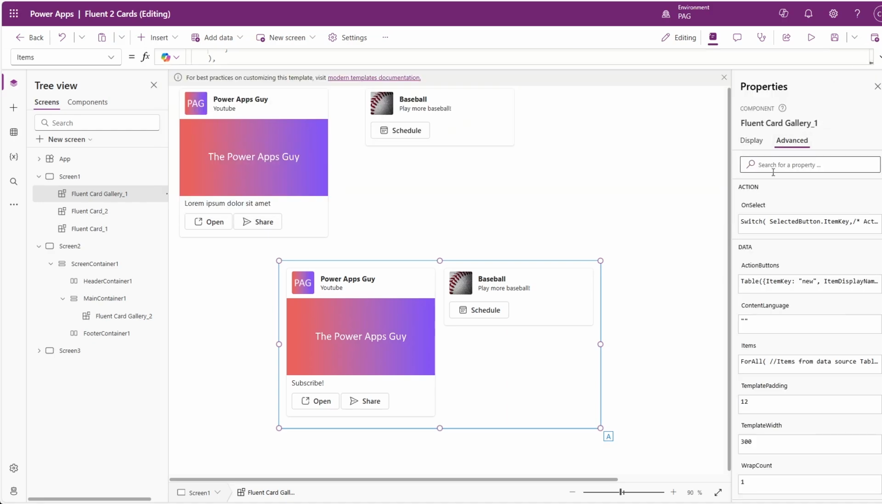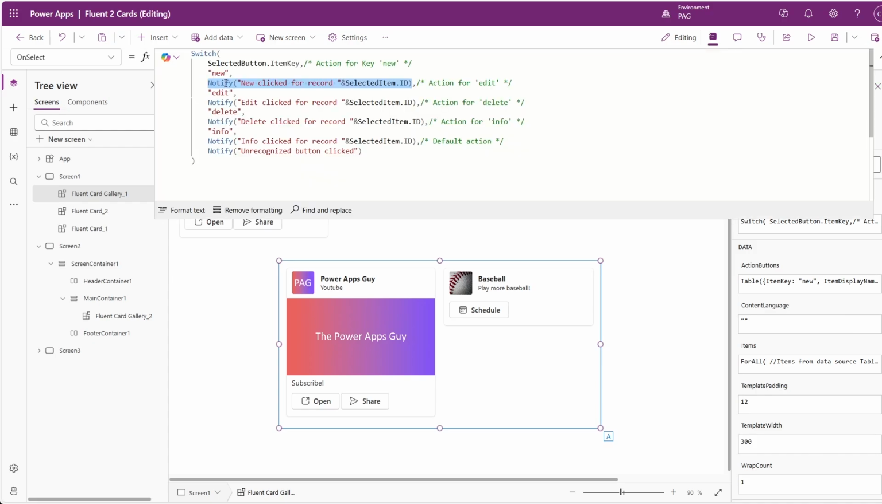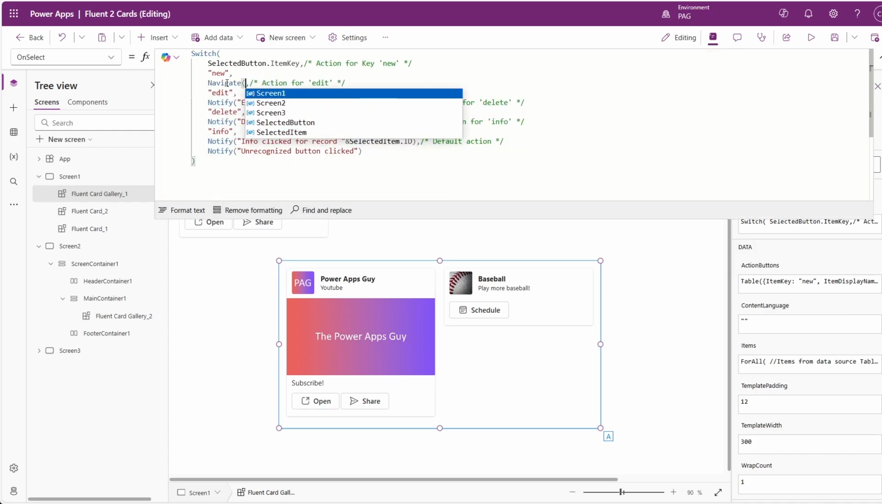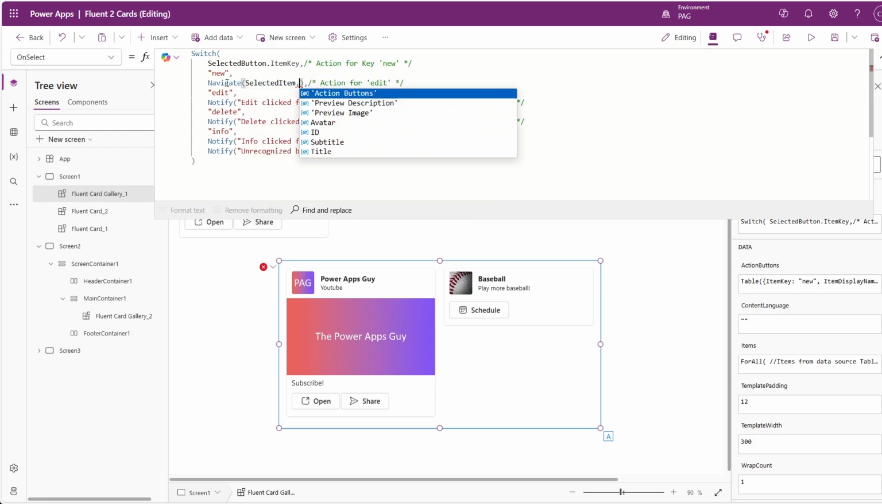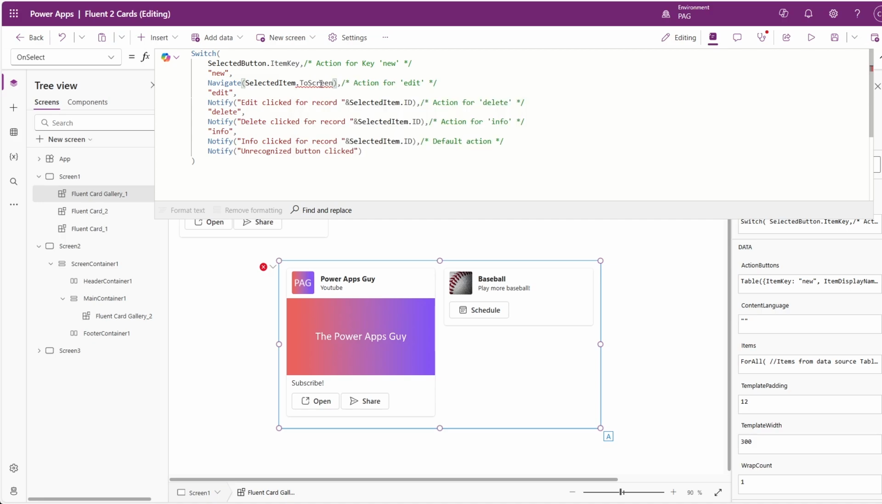If we go back to our onSelect function, and we'll just change this first notify function to navigate, and we want to navigate to the selected item dot toScreen. But as you can see from the IntelliSense suggestions, there's no toScreen listed here. So the parameter in our component didn't update to grab the new schema of what our selected item record looks